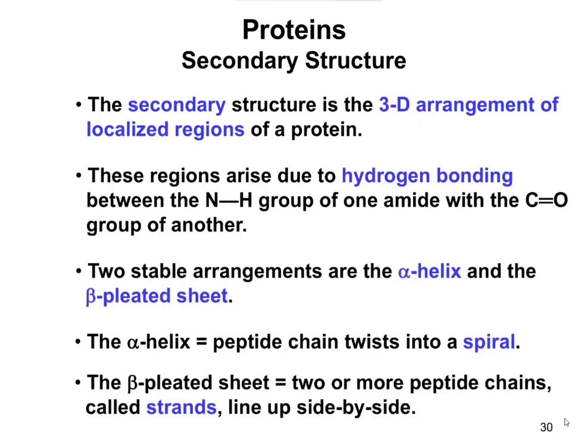The secondary structure of a protein refers to localized regions of a protein. And what I mean by that is whenever you make a protein, it's not just a big long string. This is usually where if I was in a classroom, I would grab a string or a cord and kind of wrap it. You can almost wrap it into a spiral type shape. If you make a spiral type shape with a string, you're basically making what we're going to refer to as an alpha helix. So an alpha helix is a type of secondary structure